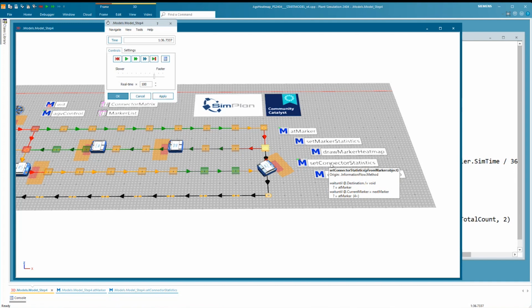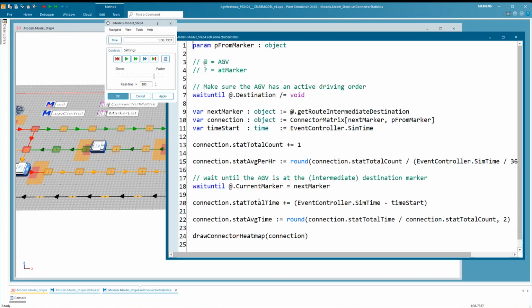To do this, you would have to, at one point, collect the maximum and maybe also the minimum value. Of course, you could put this simply in a variable here in the layout, every time I update my average time or my total count or whatever. So this is local for each single object, and then you could have one global variable object where you collect the max and min average time of all the connectors in the layout.